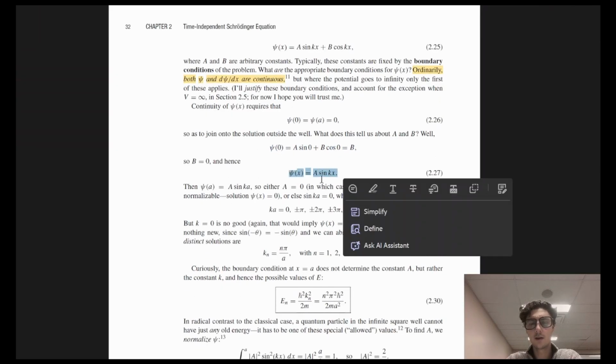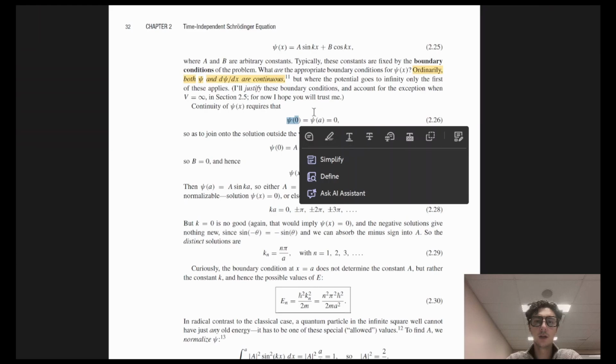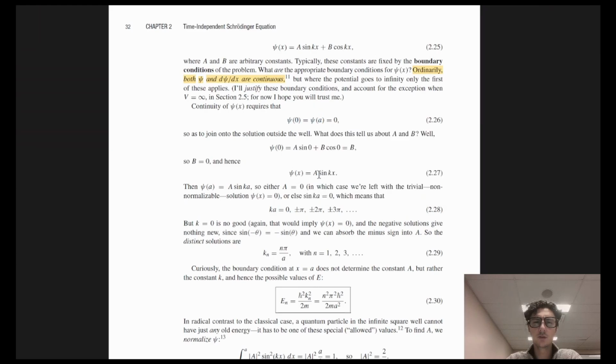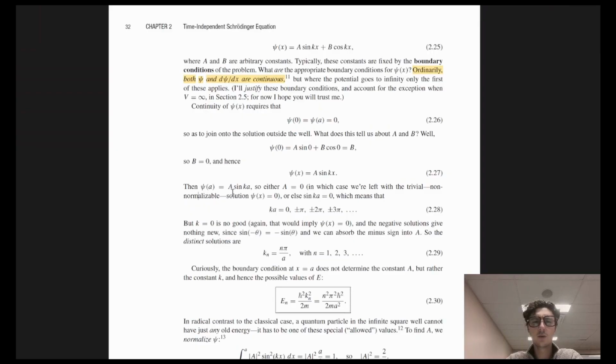Hence, we simplify the wave function psi of x equals a sine kx, and then we use the other boundary condition. So we use this one. Before we used this one to eliminate b, now we use this one to see what else we can figure out about a perhaps. So psi of a equals a sine ka. So either a equals 0, in which case we're left with the trivial non-normalizable solution psi equals 0, which we don't like, or else sine ka equals 0, which means that ka is equal to plus or minus pi, plus or minus 2 pi, plus or minus 3 pi,